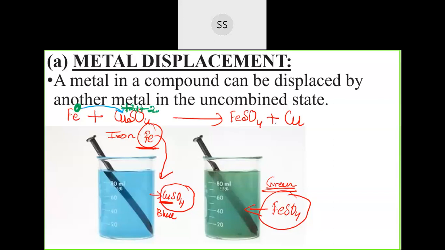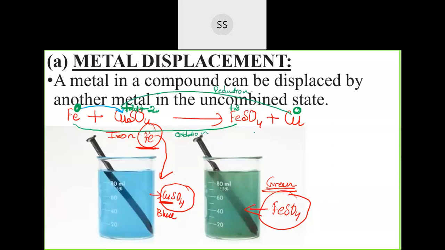Okay. Now see over here what has happened. From Fe, when it has combined into FeSO4, Fe has lost 2 electrons. So it has come into plus 2 state here. And copper has gone to 0 oxidation state because it has gone to the metal state by taking 2 electrons. So from Fe to Fe2 plus, it has undergone oxidation, and from Cu2 plus to Cu, this element has undergone reduction. Cu2 plus has taken electrons, so reduction. Fe has lost electrons, so it has undergone oxidation. Okay, so that is a metal displacement reaction.